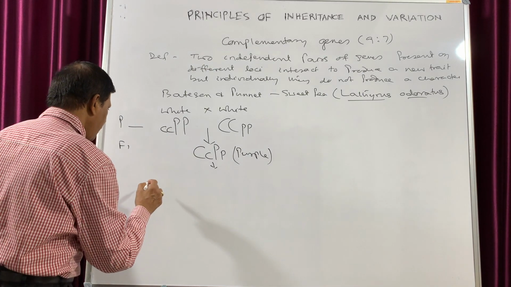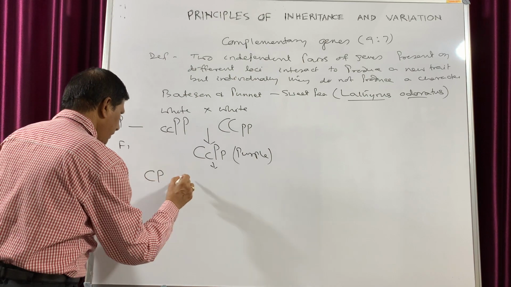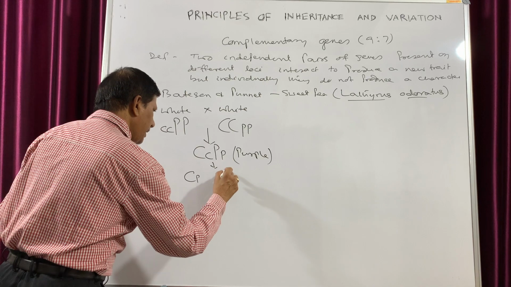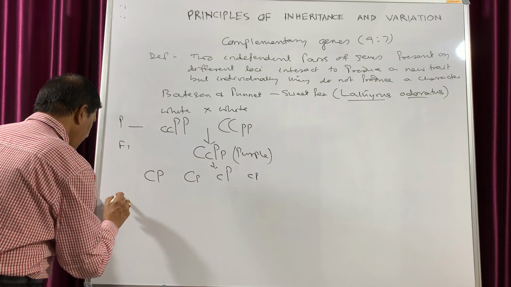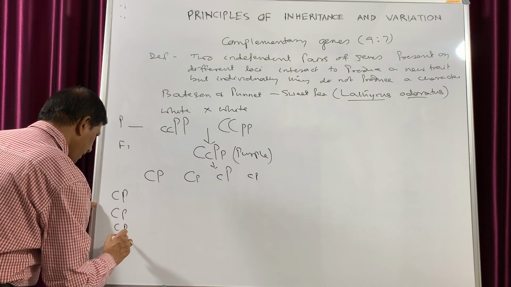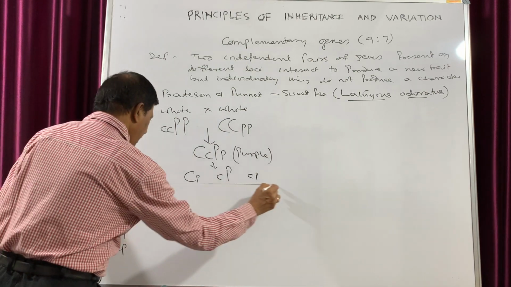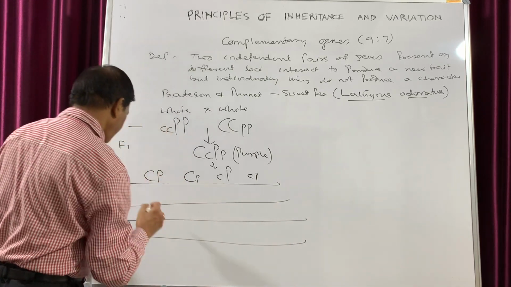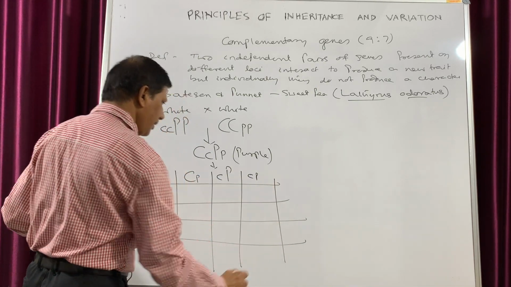In the F2 generation, the gametes will be of four types: capital C capital P, capital C small p, small c capital P, and small c small p. On this side also, capital C capital P, capital C small p, small c capital P, and small c small p. Now, if the checkerboard is drawn, now see,